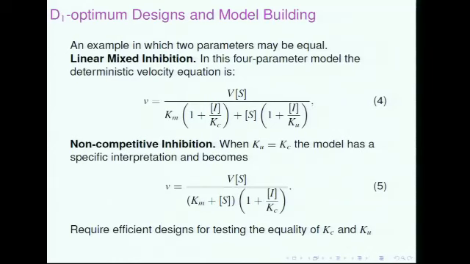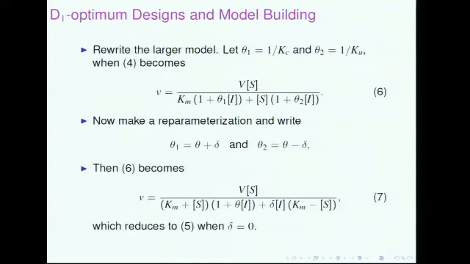So this is the 4-parameter model, and this is the 3-parameter model. You can see when this parameter is equal to this parameter, you get this model. So the problem is, how do you design an experiment to test whether this one is equal to this? Well, you can rewrite the model, reparameterize it, to get it to look like that, and this parameter here then is